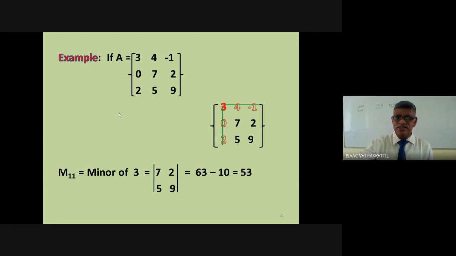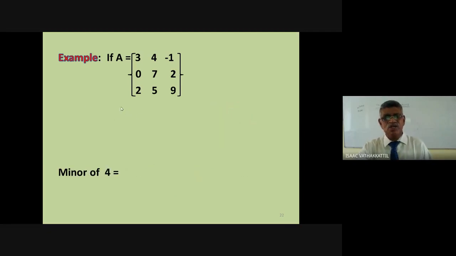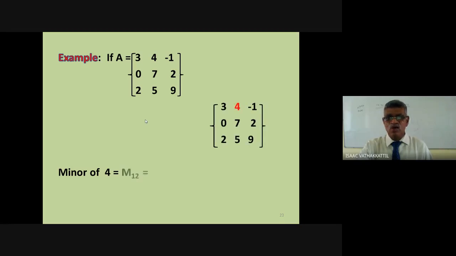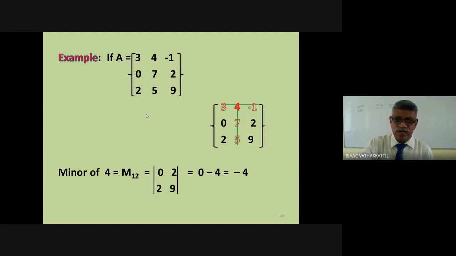Any queries? Any question? Is it clear? You can find the minor of any number. One more example. Minor of 4. What is that? You can easily tell. It's nothing but remove the column and row containing 4, and that is denoted by M12. This 4 has no importance here. It is the position which is important. Remove the column and row containing that element. We get a smaller determinant, that is 0 2 4 9. Its value is 0 minus 4, which is minus 4. So the minor of 4 is minus 4. The element 4 has no connection, no effect here.